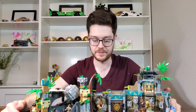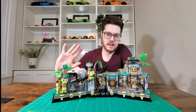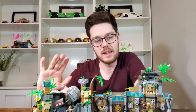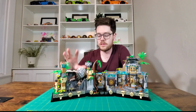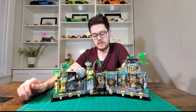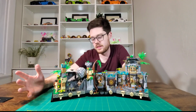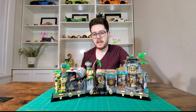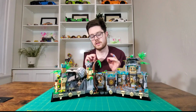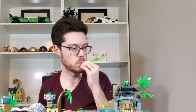It's excellent. Now, as I alluded to, the experience was exceptional. It's broken down into the 3 stages, and each of the 3 stages feels like a complete build in and of itself. You get to do the big chunky bits as well as the fine details and make everything look beautiful on every single step. I thought that was